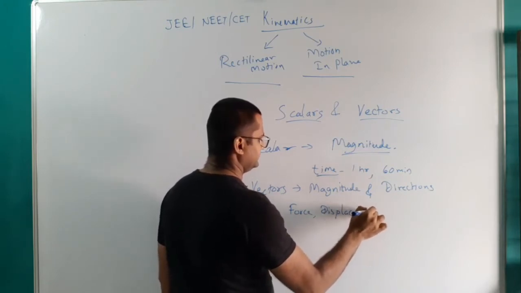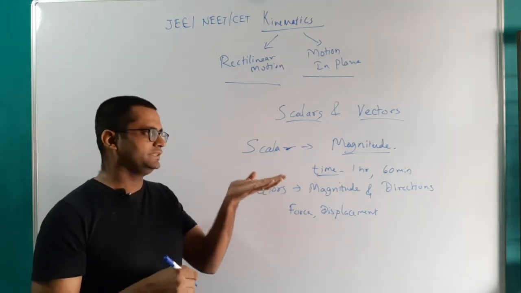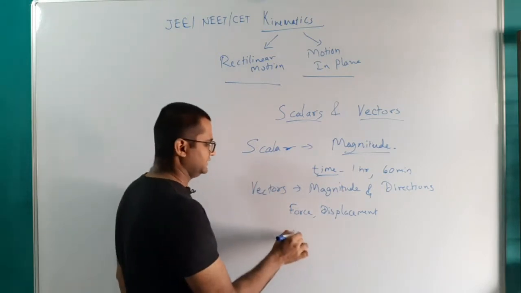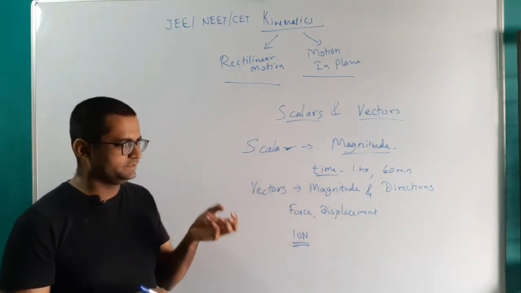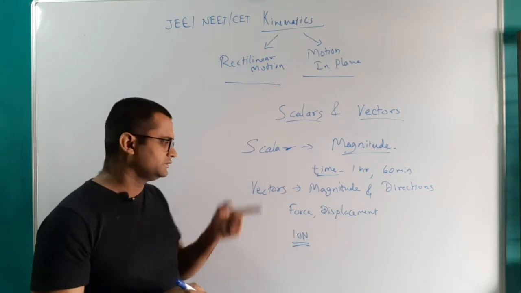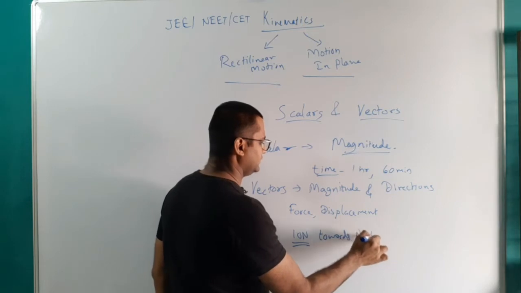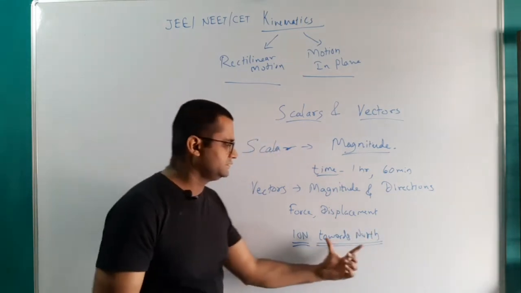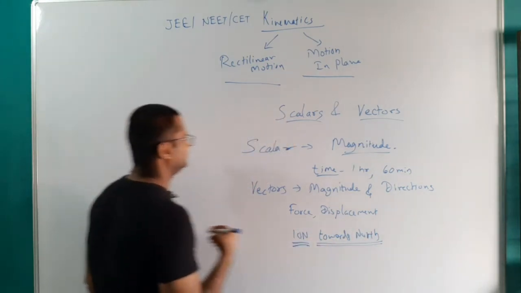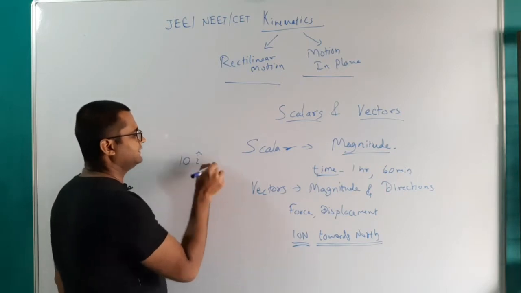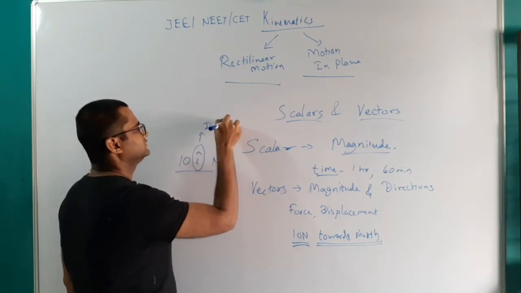So if we say that there is an object and we apply a force on that object, let us say 10 Newton is applied on an object, this doesn't give you complete information about the force. If I say that this 10 Newton is applied on an object towards north, or up or down, then this towards north part gives us direction. In physics we don't write direction in this way. What we write is 10 i cap Newton. This i cap gives you direction and it is called a unit vector.